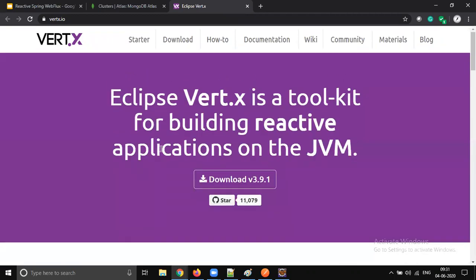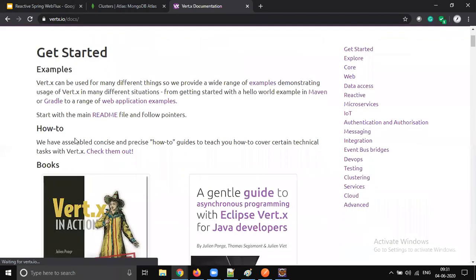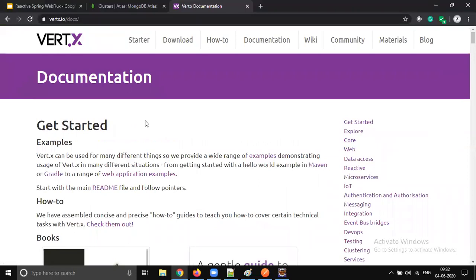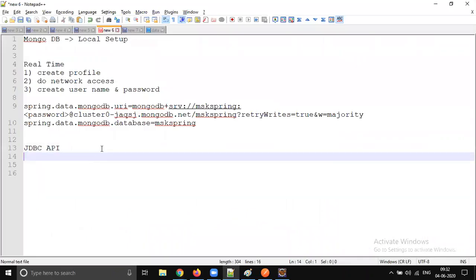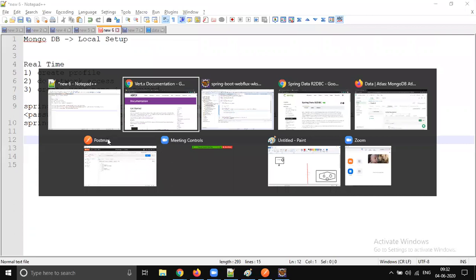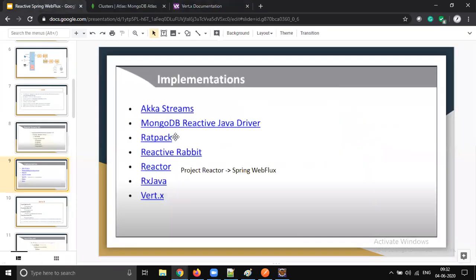When I go to the documentation, it shows JBoss community. So maybe in the future, any new framework may come that is better than Spring WebFlux. But anyway, at this point of time from Spring, this is the only support, and we are able to connect it to MongoDB.